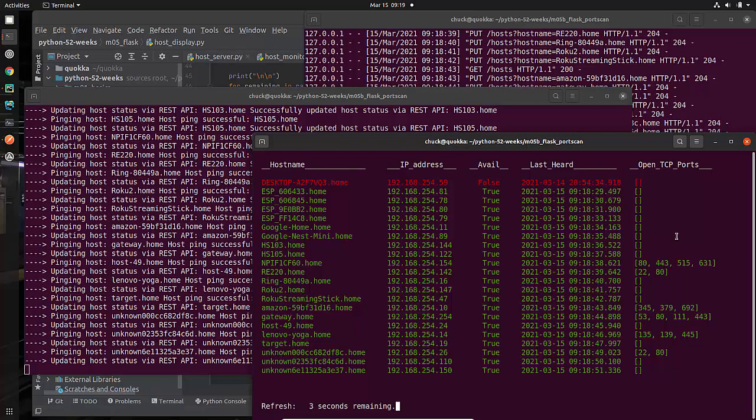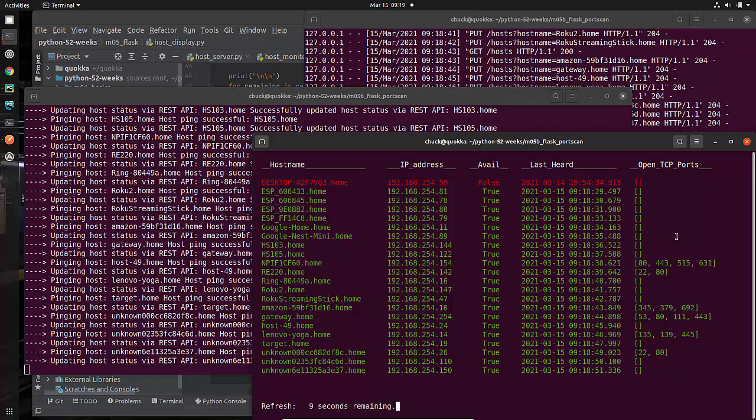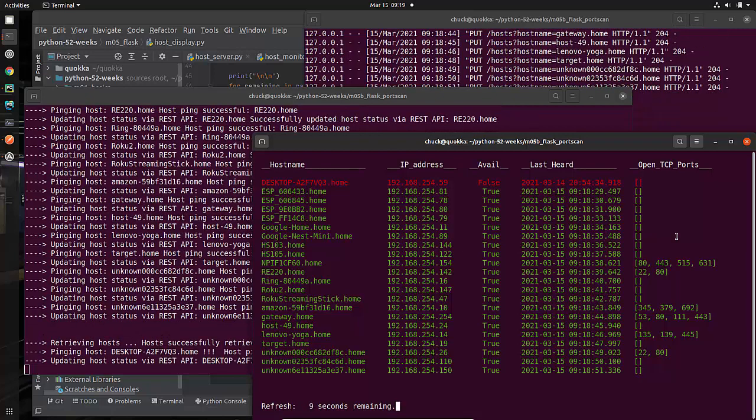So I'm not only monitoring the availability of that device based on ping, but I'm also doing a scan of the device and determining what TCP ports are open. Now in Quokka, I do a more thorough scanning of the ports in order to find TCP and UDP and IP and to find out more about the operating system and things of that nature. But for this little example, I just used the more basic scanning mechanisms that are available, and I am displaying